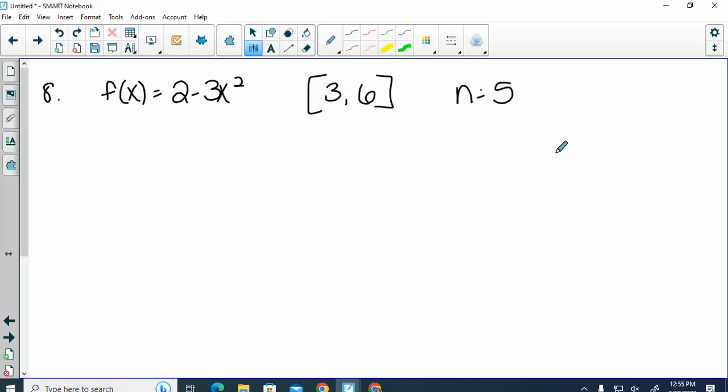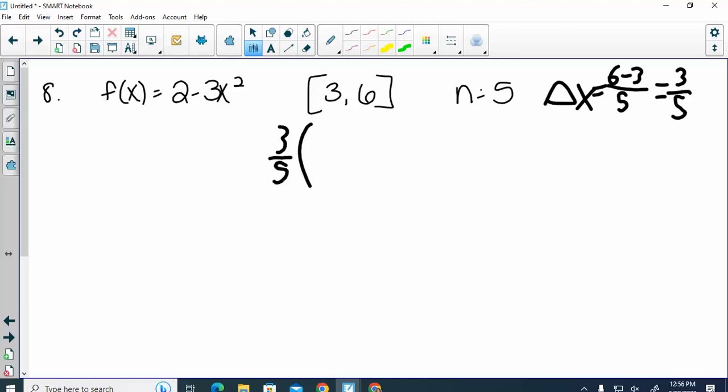So the first thing I did is I got the change in x, which was 6 minus 3 divided by 5 for n. So it's 3/5. And after that, to be honest, I did the wrong one because I started with left hand. First of all, it's 3/5 times everything, and then it's 2 minus 3 times 18 over 5 squared